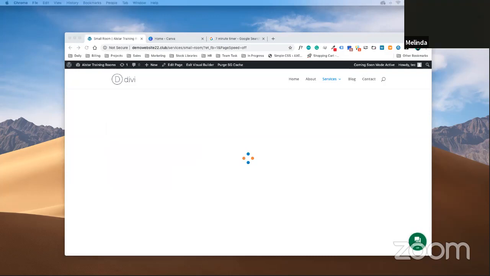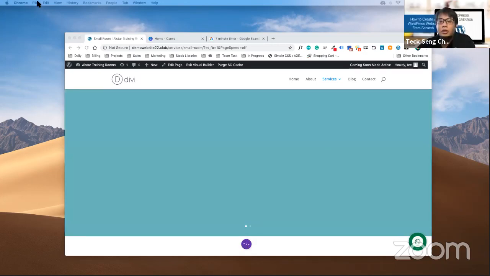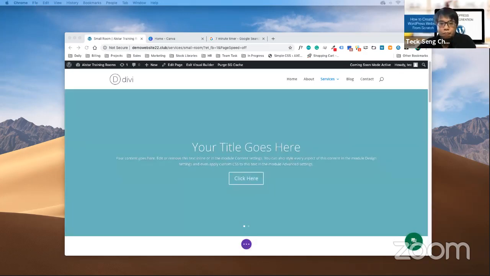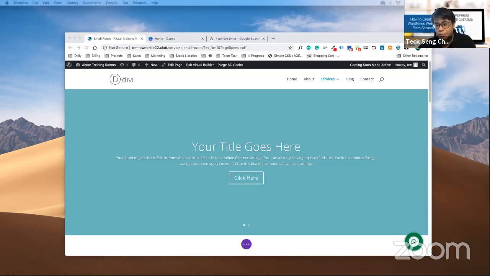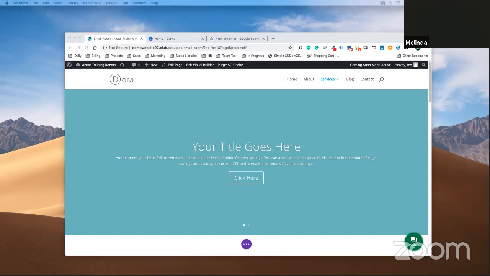Sorry, Teck-Seng, I'm a bit lost. Just now I was out of this page. Where do I go after the media library? Pages, all pages. Then small room, is it? Yes, small room, then edit. Okay, thanks.